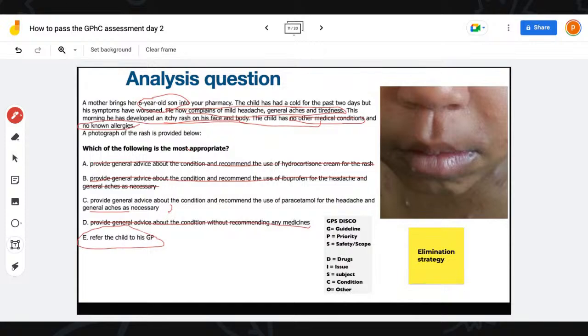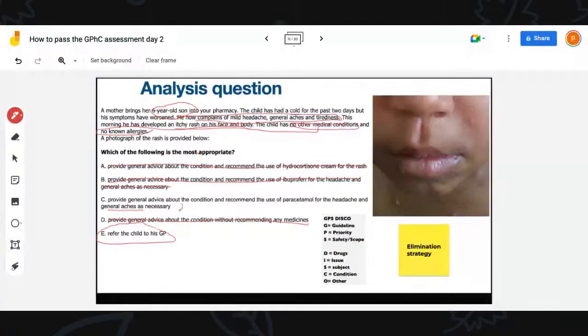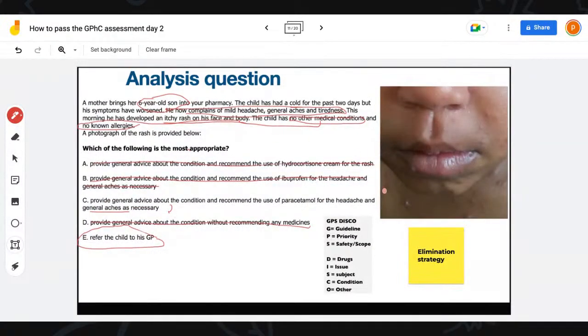In the exam, will they describe the rash in more detail? They don't need to. They could, but they don't need to. You have enough information to take action. And that's what I said to you guys before, right? The GPhC, most of your questions are things based on practice. Like if this happened on a day-to-day basis and someone came to pharmacy, mother brought the child in, and the child had this, and that's why I said to you, the rash could be anything.